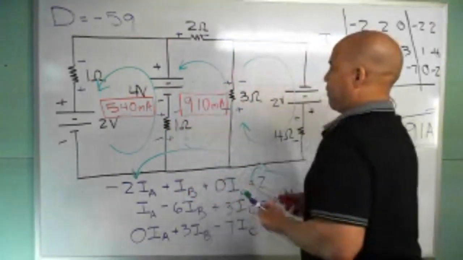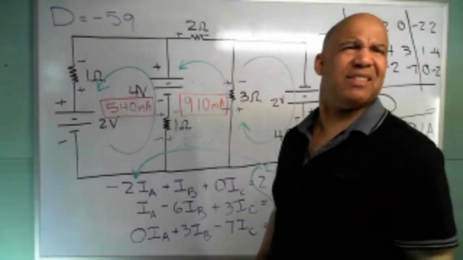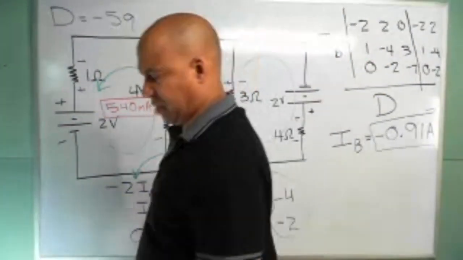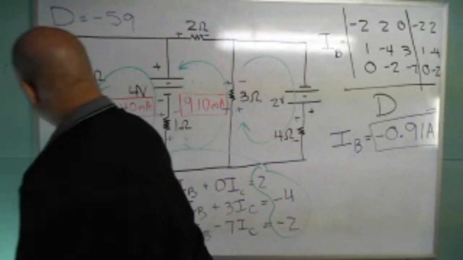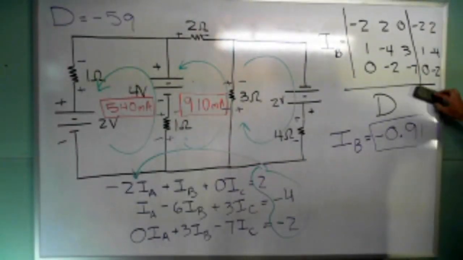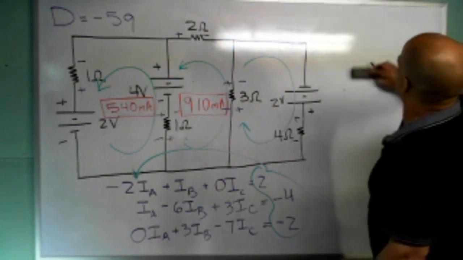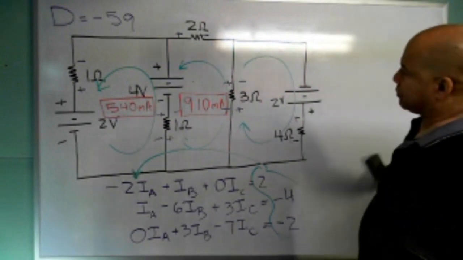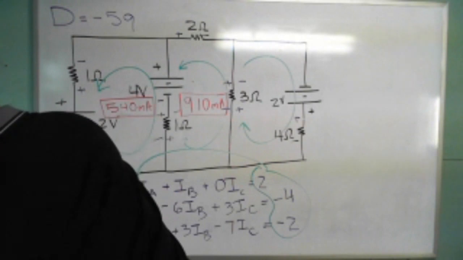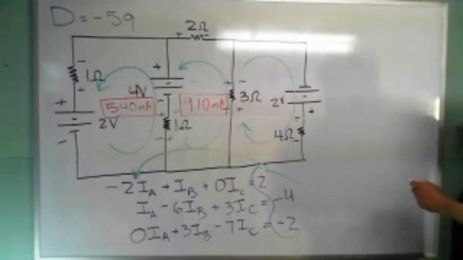All right. Okay, we got one more, and we got, what? About 5, that's about 8 minutes or something like that. So let's see if we can get IC real quick. And then we'll call it a day. So I get